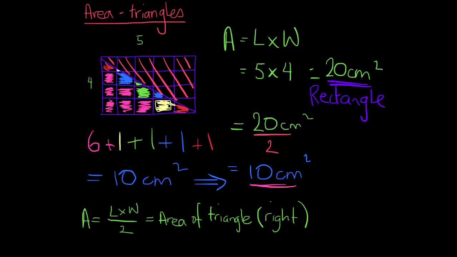Not all of the triangles are right triangles, and they're not all going to fit equally or evenly into rectangles and squares. Sometimes we're dealing with scalene triangles, sometimes equilateral triangles, isosceles. There are a whole range of triangles that don't necessarily fit equally into rectangles and squares. So this is where we have to come up with a formula that's equivalent to the process that we've just seen, but has got its own formula that fits into every single type of triangle that you use